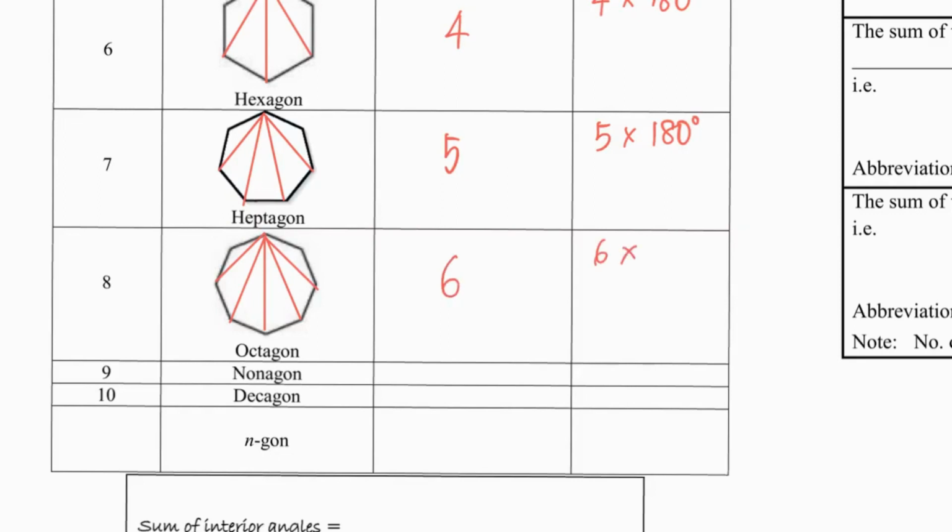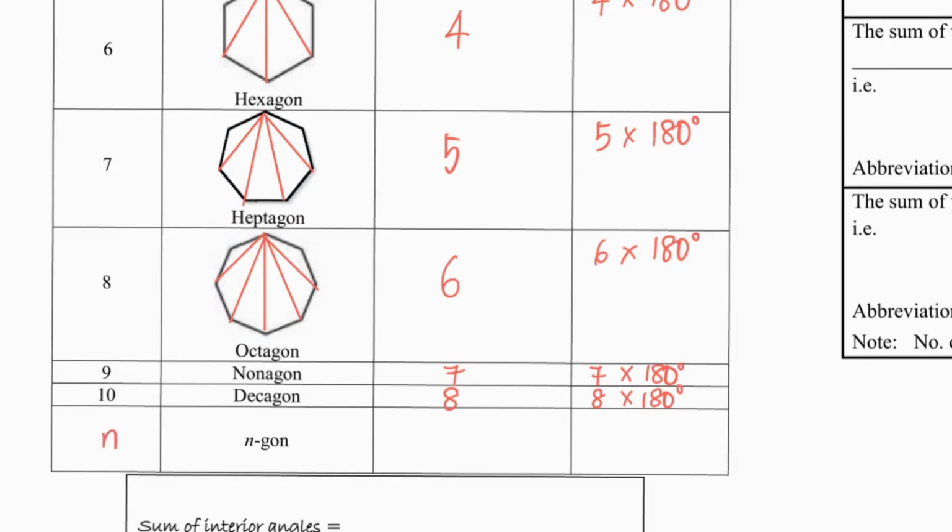So it's 6 times 180 degrees. And by now you should see the pattern already. So this should be 7, 7 times 180 degrees. This should be 8, 8 times 180 degrees. So if it's n,